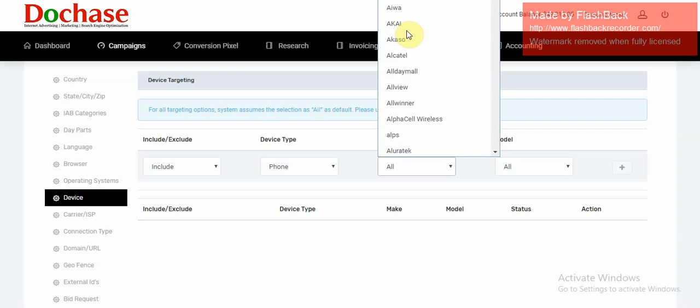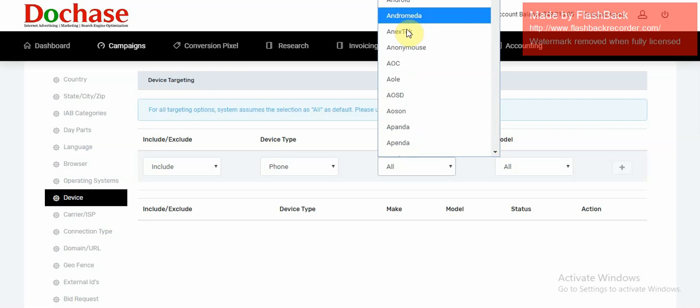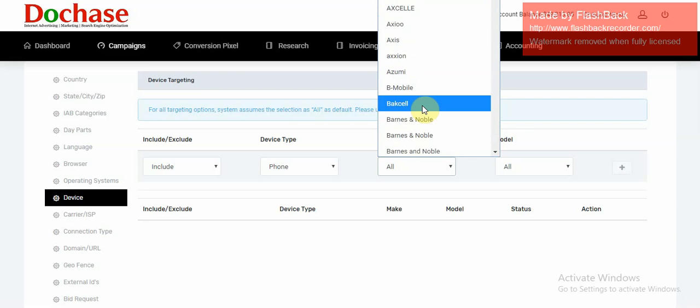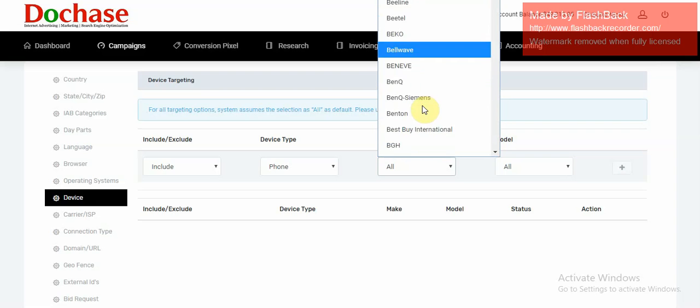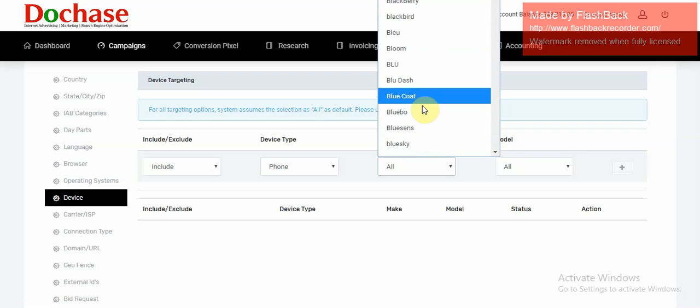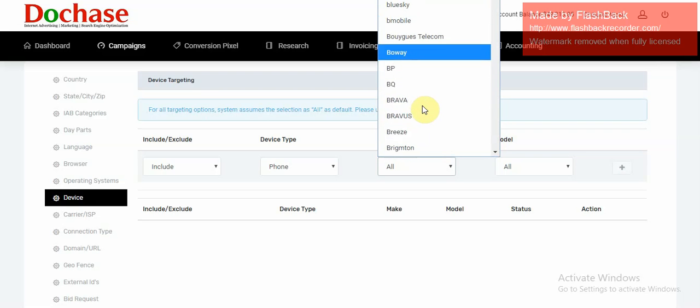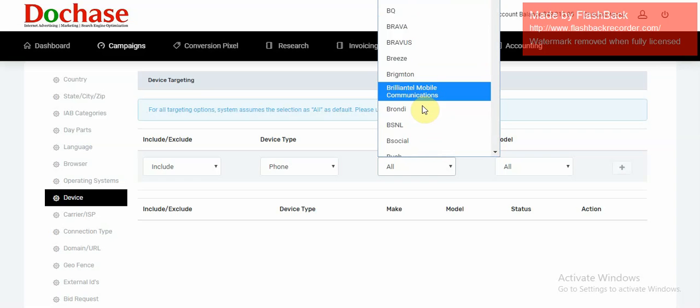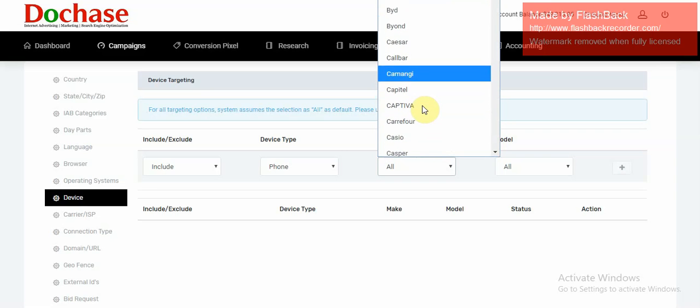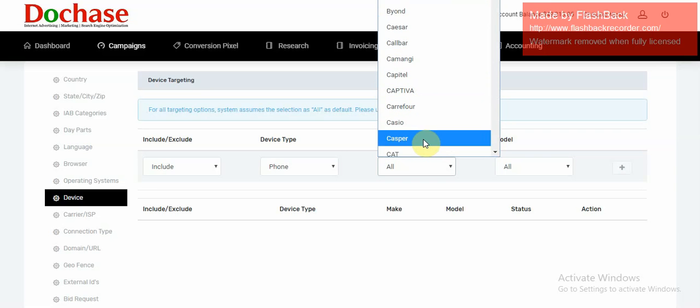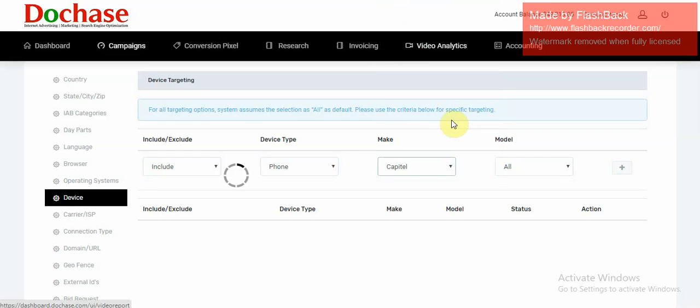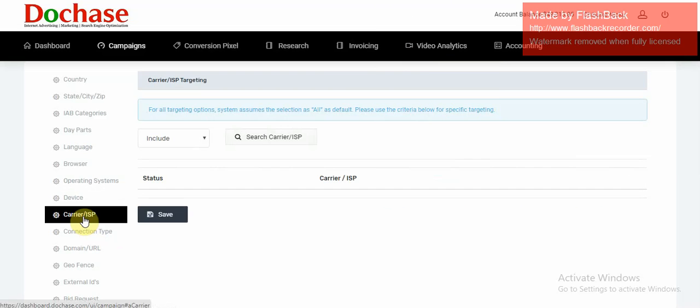And let's see, phone that is suitable for emerging market. Let's see, okay, let's use Brava, or let's use Capital. So we use Capital, then it selects all models of Capital,